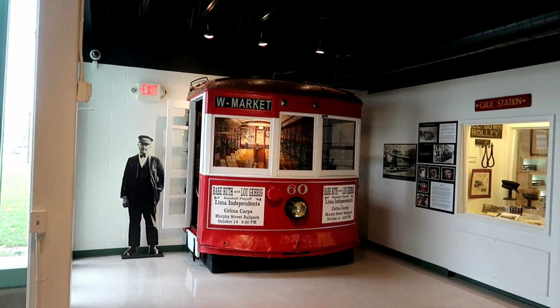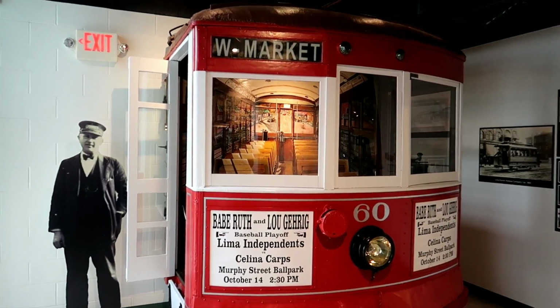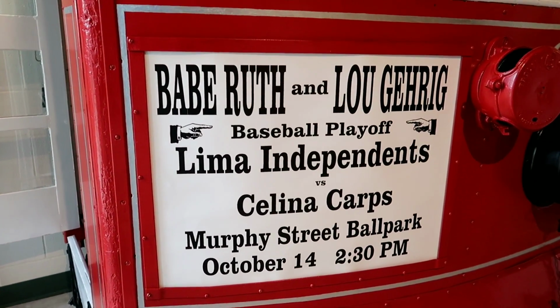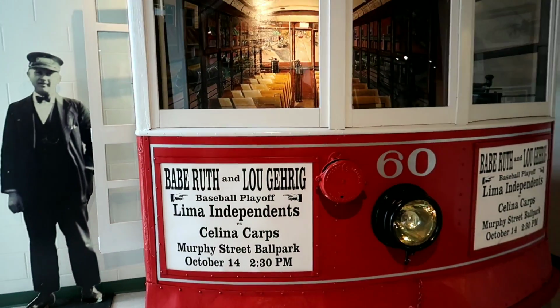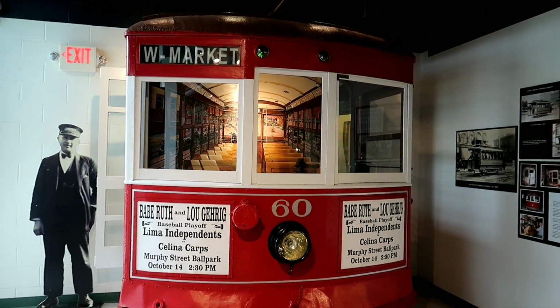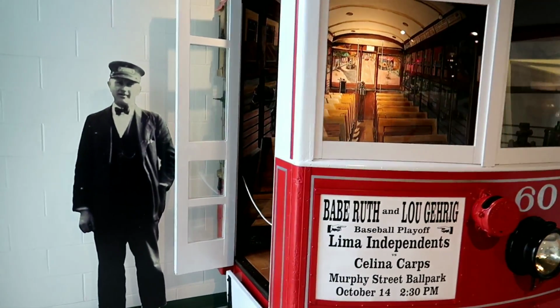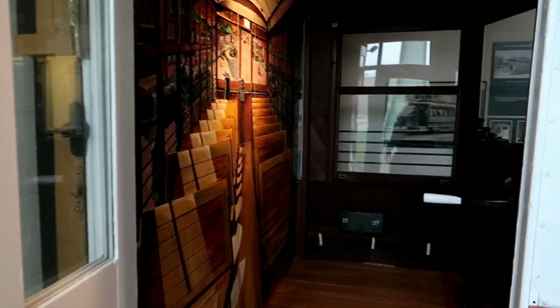Wow, look at this old trolley display. Do you see what I see? Look at the ad on the front. Babe Ruth and Lou Gehrig. That is really cool. I love seeing stuff like that. It's only a portion of it, obviously. Smart how they have it going into the wall, but...